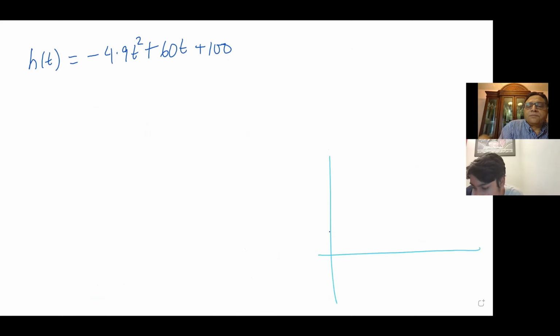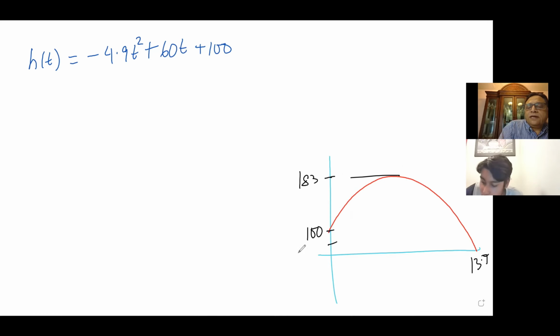Let me say this is my rocket launched. We have figured out that it took a total of 13.7 seconds with the maximum height of 183 approximately. This was 100, and now we are saying that the bird which actually flew midway between our position and the earth